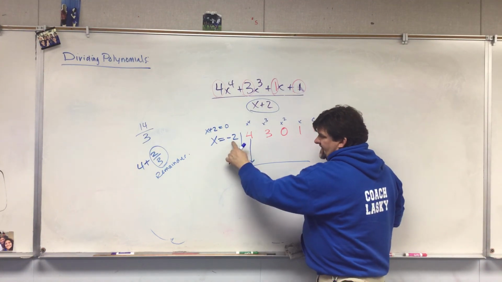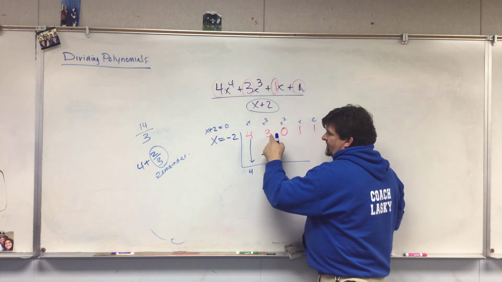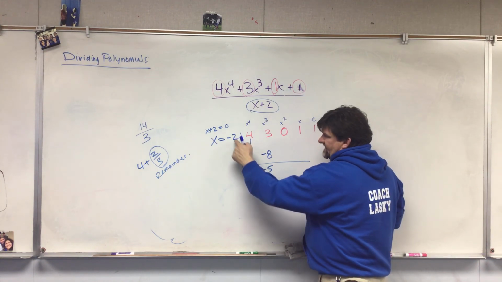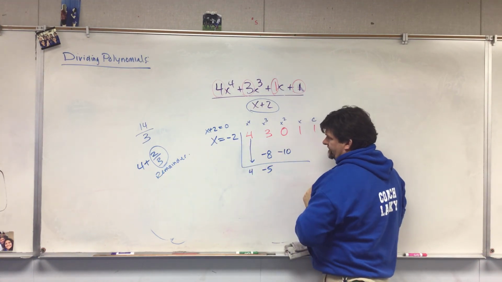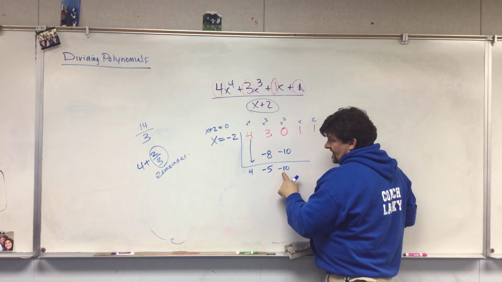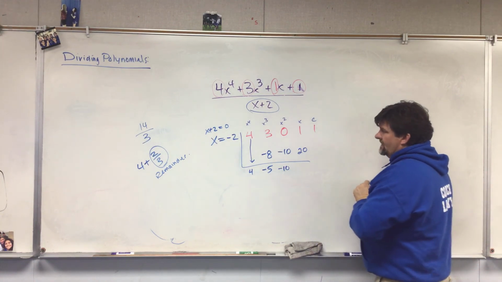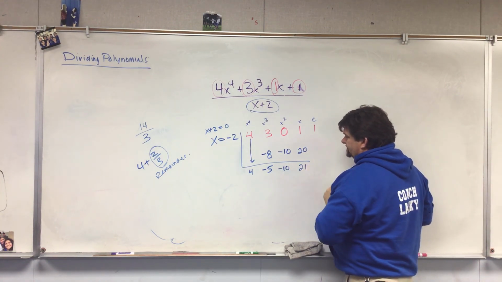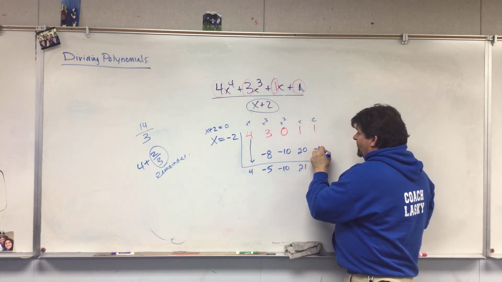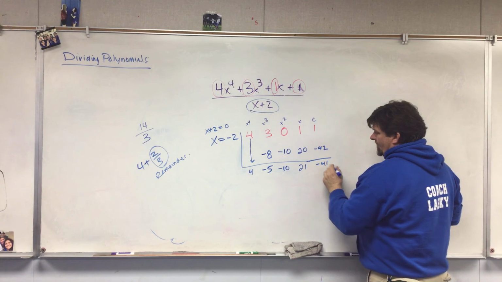Remember the pattern. Negative 2 times 4 is negative 8. 3 plus negative 8 is negative 5. Negative 5 times negative 2 is negative 10. 0 plus negative 10 is negative 10. Negative 10 times negative 2 is positive 20. 1 plus 20 is 21. 21 times negative 2 is negative 42. 1 plus negative 42 is negative 41. Now,